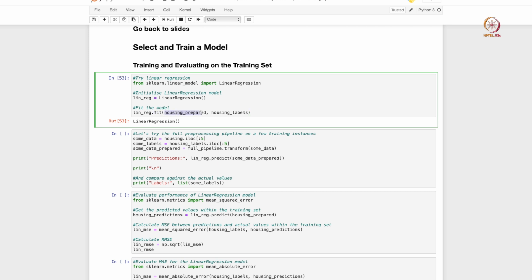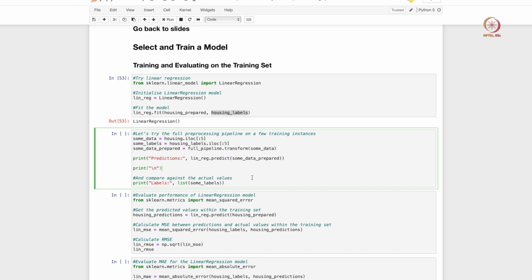In the fit function, the first argument is the x variable, all the features, so we are going to pass in housing_prepared, which has all the transformed features that we wanted for our data set, and housing_labels is our target values, our median prices, so that's our y, right. We have already executed this cell, so the linear regression model is done, it's actually fit. As you can see, many of the classical models can be fit very quickly with scikit-learn.